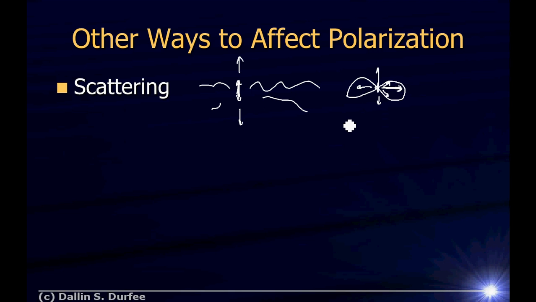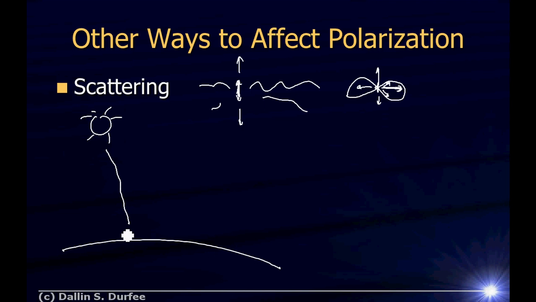All right? So imagine, if you will, we're standing here on the Earth, and here's the sun shining at us. The sun is unpolarized. So if we look up at the sun, don't look straight at the sun, but if you did look right up at the sun with a polarizer, you'd get about half the light through. It's just unpolarized, all right? And if we look at the sky near the sun, here we have the light coming from the sun, it's unpolarized. So I've got some waves going this way and some waves going in and out of the board.